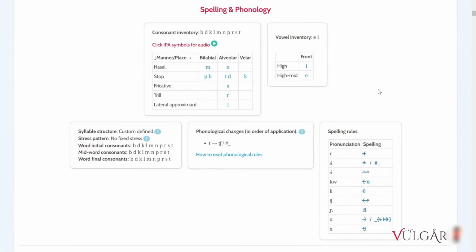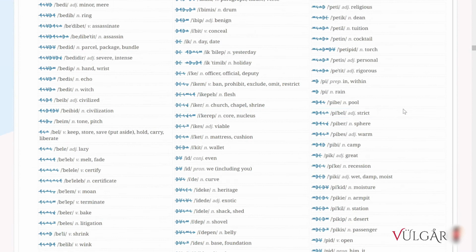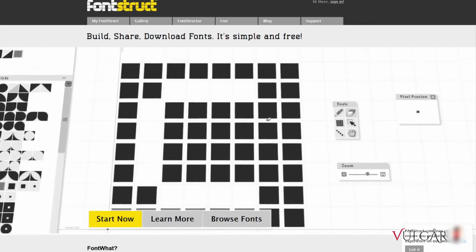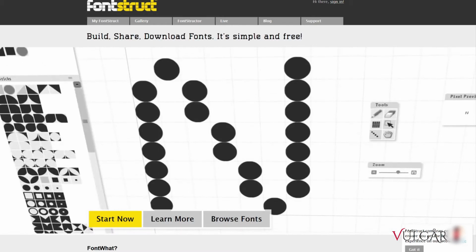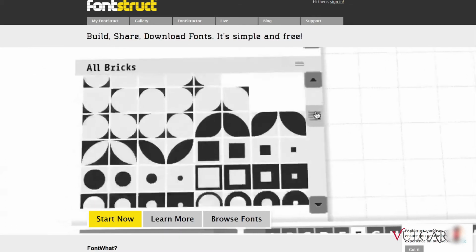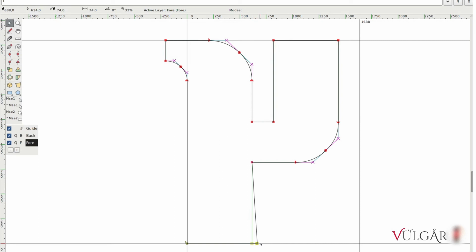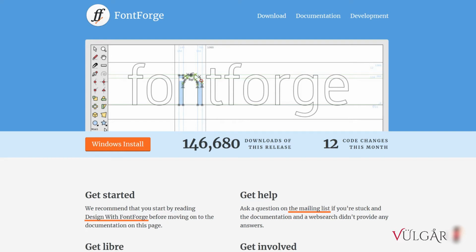There's a few free font making programs. For complete beginners, FontStruct is one of the easiest options. It uses a grid system which helps you maintain consistent widths and an overall cohesive style. This script was made with FontStruct. Professional software gives you a blank slate to work with, which requires significantly more patience and planning to make something that looks good. There's also a few extra technical details to grapple with. FontForge is a free option if you want to take this path.